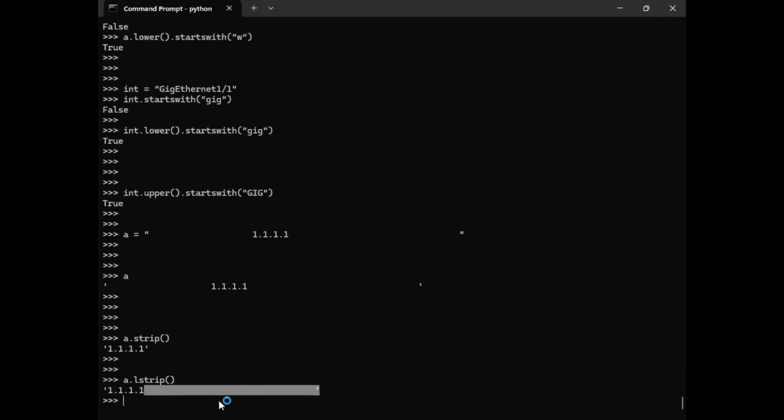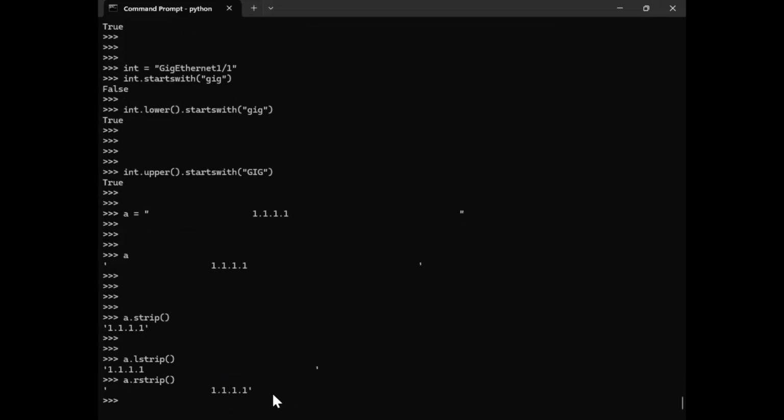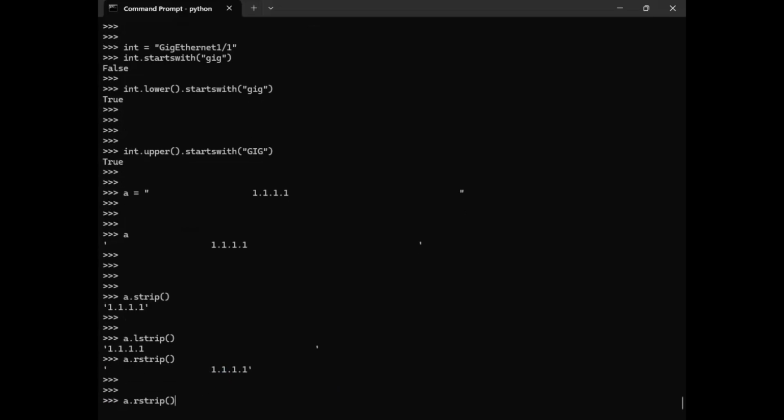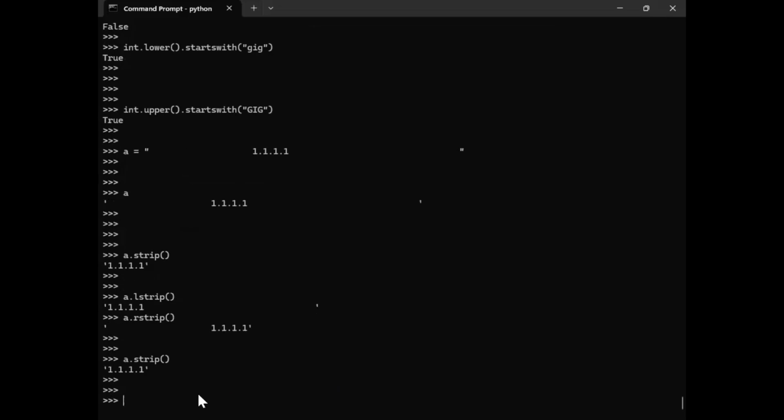Right hand side there is a space, but left hand side no space. But if you want to remove the space on the right hand side, again, the right hand side space is removed but the left hand side is untouched. If you want both sides, you can just use strip only and it will remove from both sides.